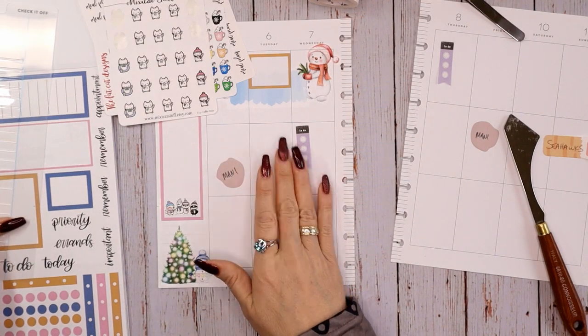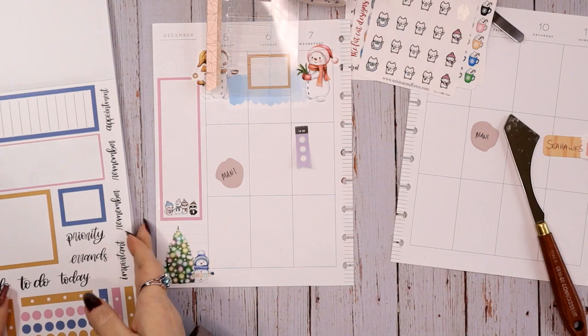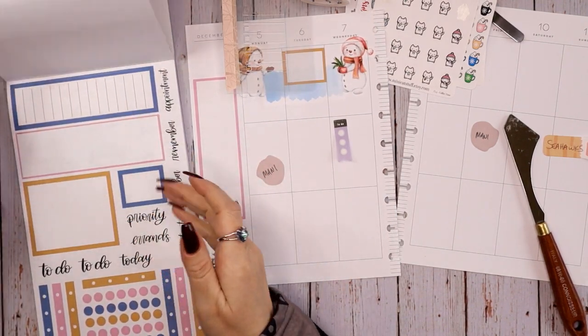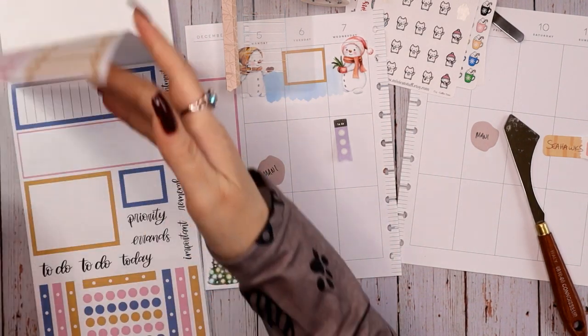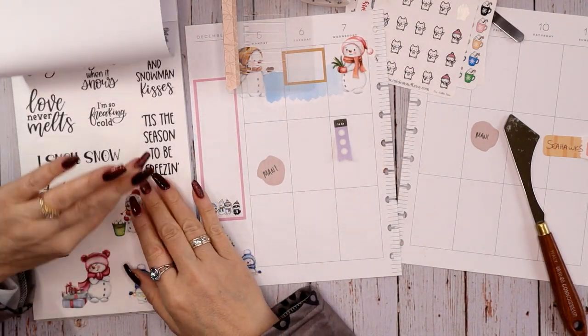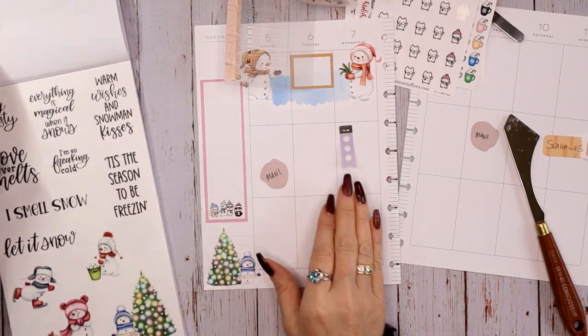All right. So the thing I love about Amber Plans for Day Winter Collections, this book, is that it's got everything. Each set is a color coordinated everything. So there are two pages of decorative stickers. There's a page of boxes. There's a page of to-do lists, and we'll use these. And then there's also a page of quotes and a couple more deco stickers. So we could absolutely put